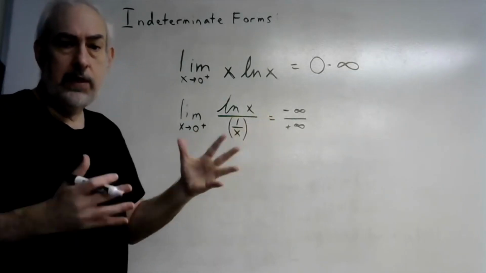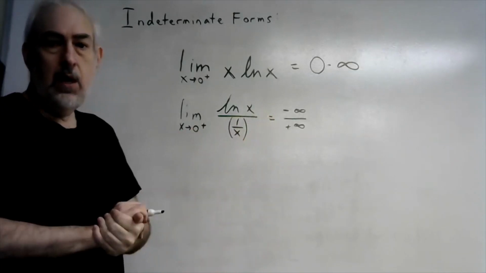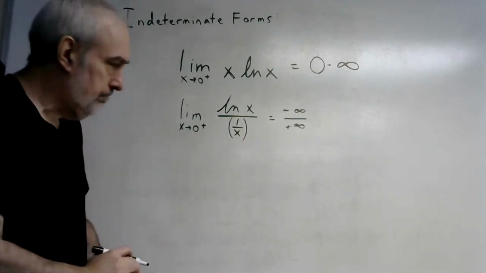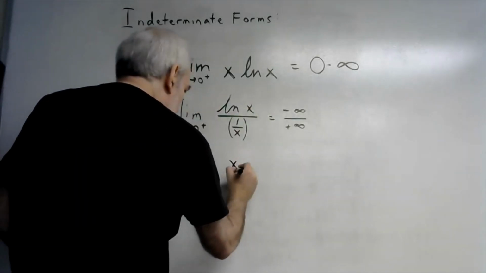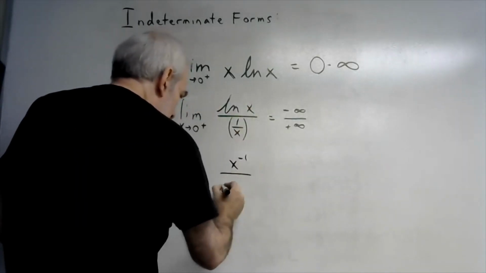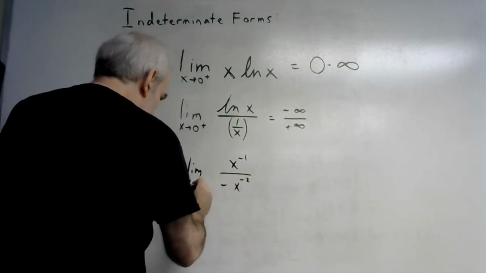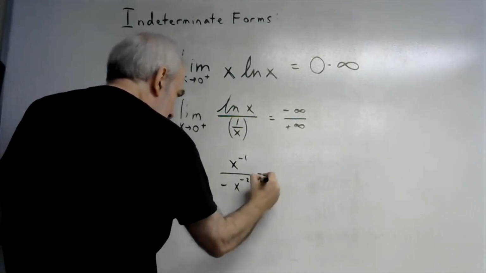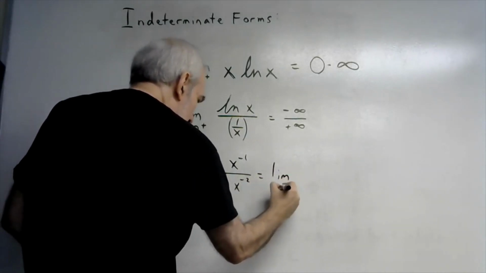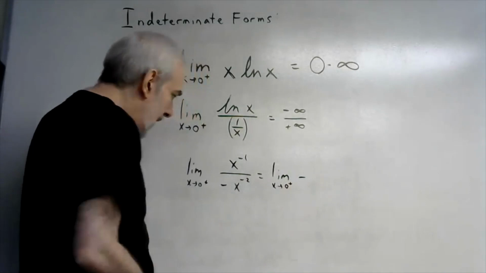This is still the infinity over infinity pattern. Okay, so we can use L'Hopital's rule. Derivative at the top is 1 over x. I'm going to write that as x to the negative 1 power. The derivative at the bottom would be negative x to the negative 2. Okay. We can simplify that to be the limit as x approaches 0 of negative, and then x to the